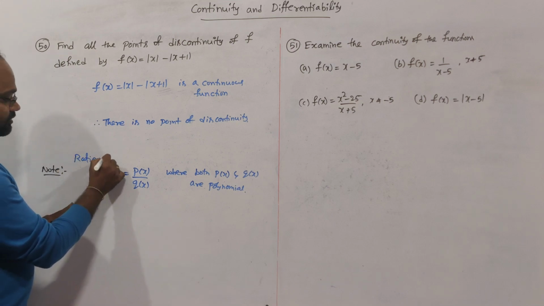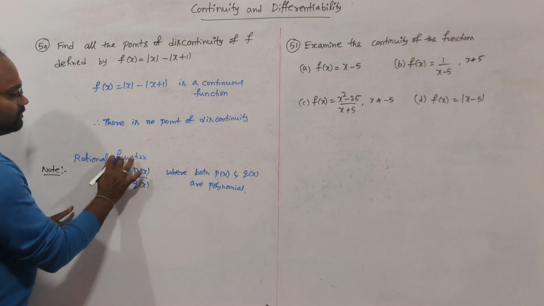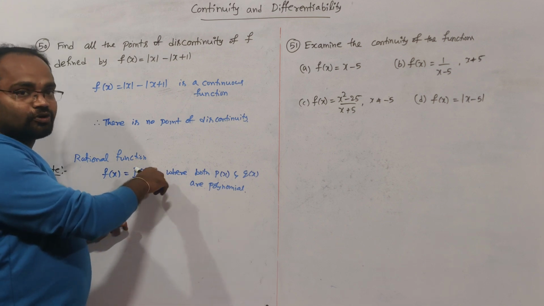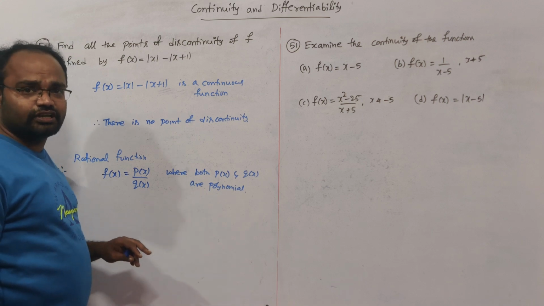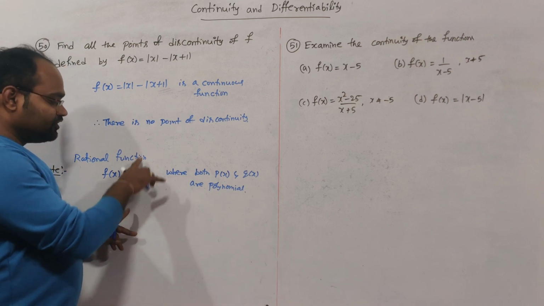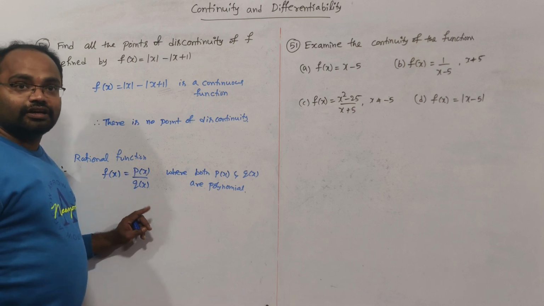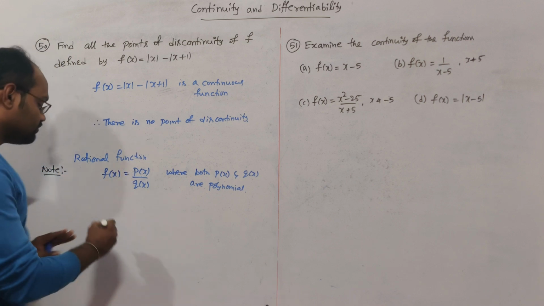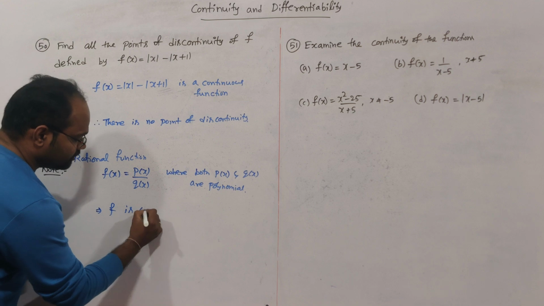We know this. Since the numerator is a polynomial, it is continuous. The denominator is also a polynomial, it is continuous. The division of two continuous functions will again become continuous provided the denominator should not be 0. So this implies f is continuous